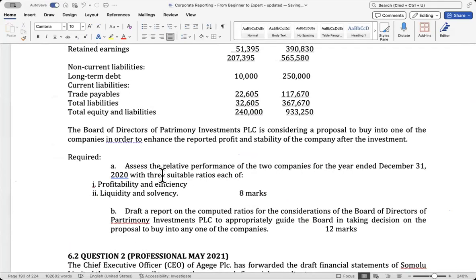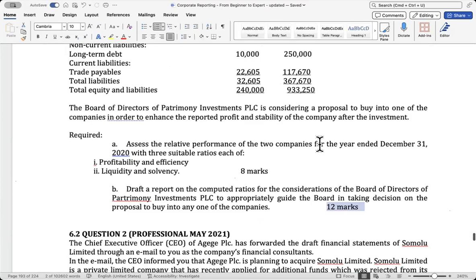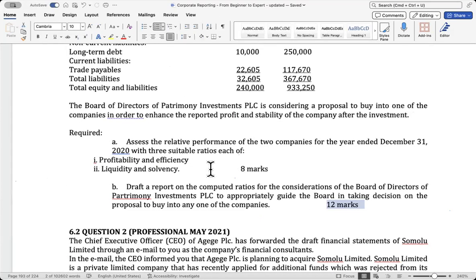So this diet, they asked us to compute. Yes, this one, they said assess the relative performance of the two companies with 3 suitable ratios. So they wanted us to compute 3 ratios here, 3 ratios here. So we'll see trade payables turnover period like that. Just if you can try this, then when you compute it, you then analyze it. You write a report to analyze. You see that this one takes to this diet was even much easier. So you can take whatever format. So I will leave you to it